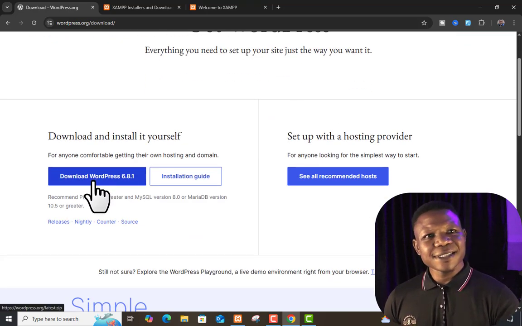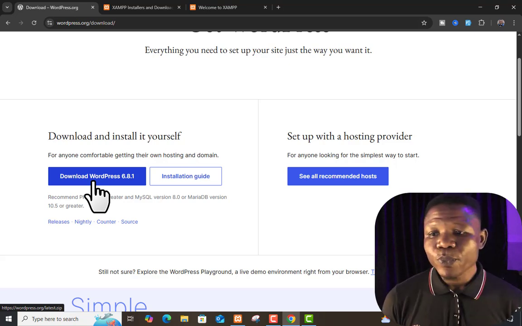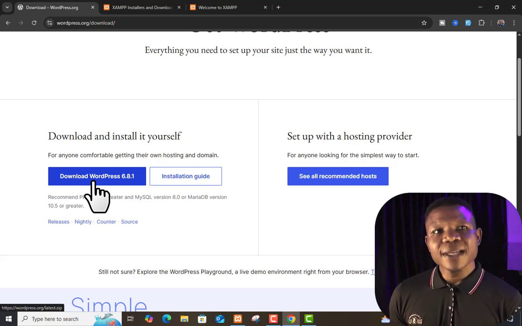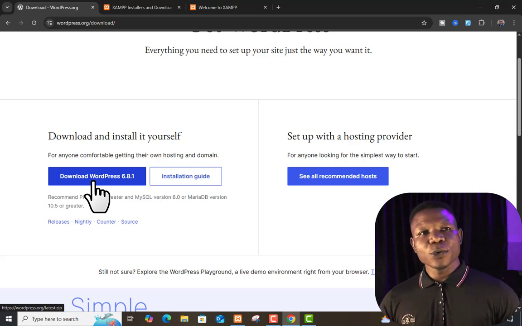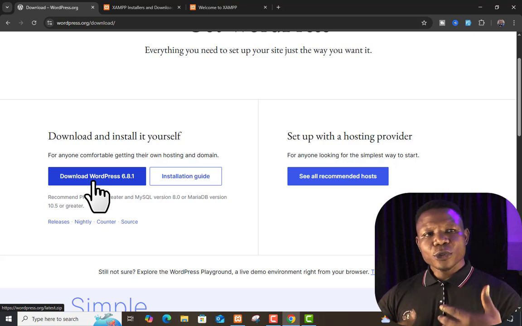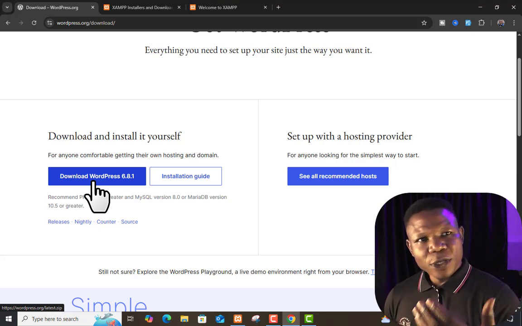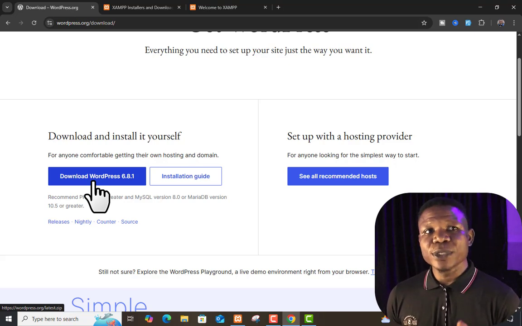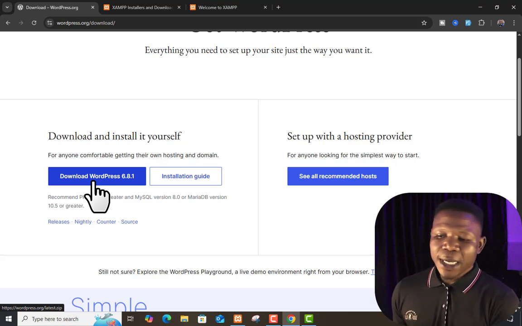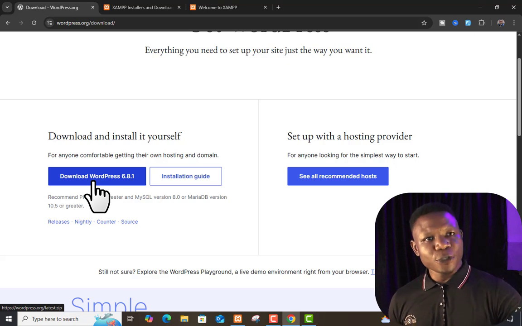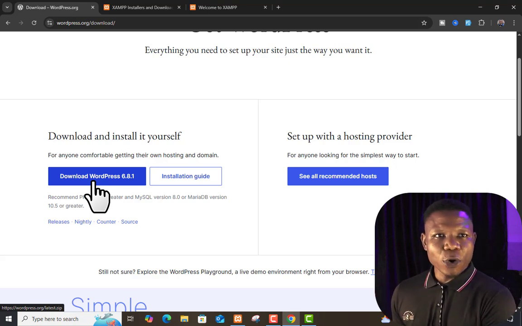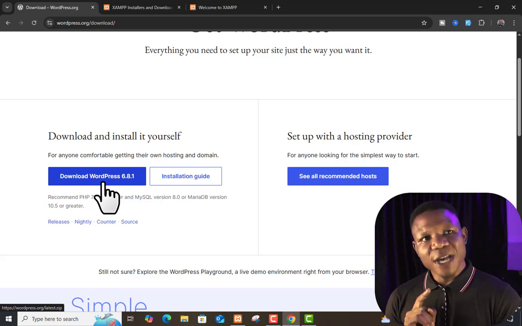Now after clicking on Get WordPress, you can see it right here. Download WordPress 6.8.1. Now don't worry about the version. Normally software used to have version. The whole idea about version of a thing is that when you develop a software today and maybe tomorrow people are now saying, oh, we need this, or maybe by yourself you think you are supposed to upgrade this software and add some features to that software so that it can be a better software. Now the first one you created may be version 1.0. When you add another feature to that software, it may now become 1.1. The latest version we have now is